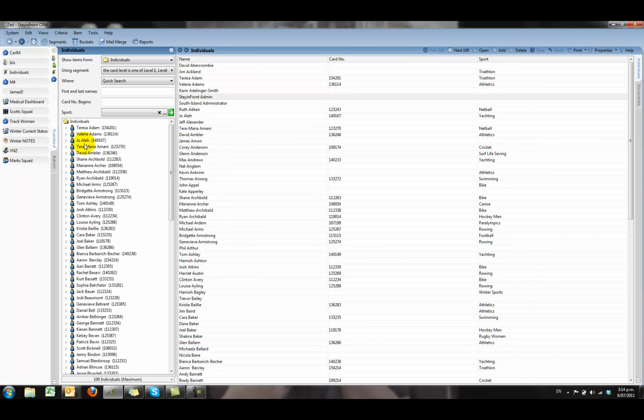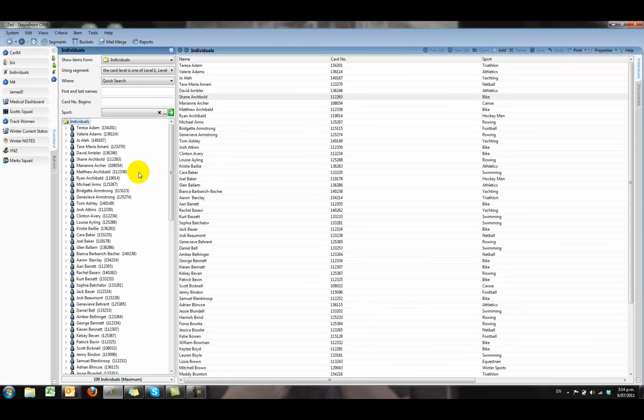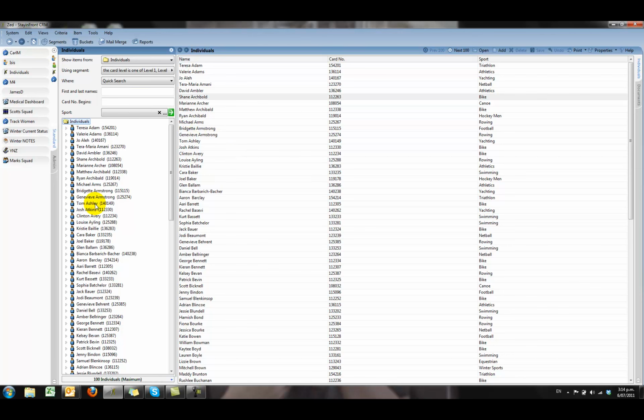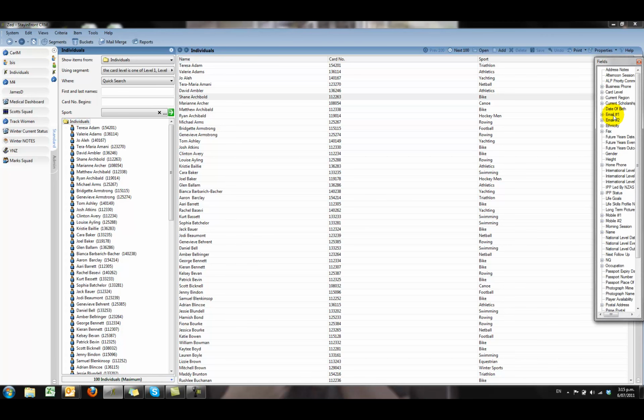The thing that is missing from what you've tried so far, I would expect, is this step here, which is you need to click on the word individuals right here. Click, and what it does is it pulls all the data on that left hand window across to the main part of the screen. I then will just add a couple of fields for you, for example email,